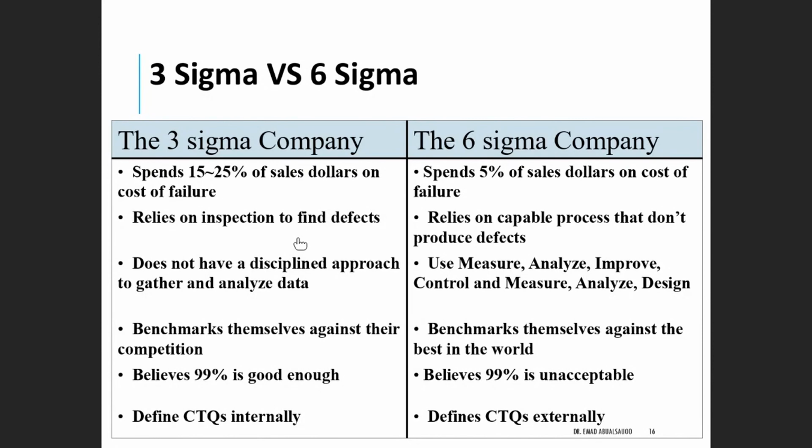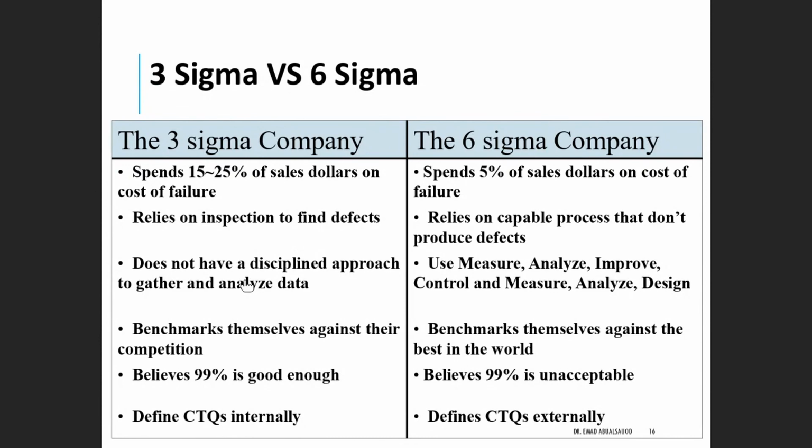Always they look after the problem is already done. They look for the defects in the production line. They look for the defects in their employee performance. They look at the defects of the customer returns. So they look at the defects after the process. Here they look at the process capability to prevent the defects from happening.